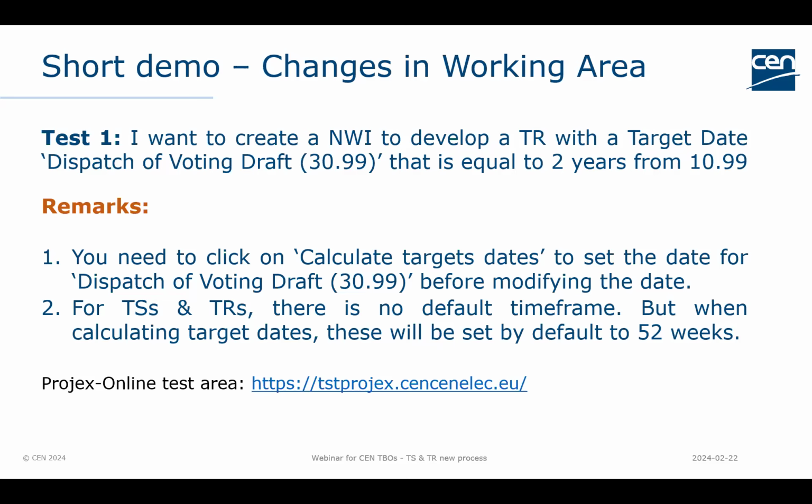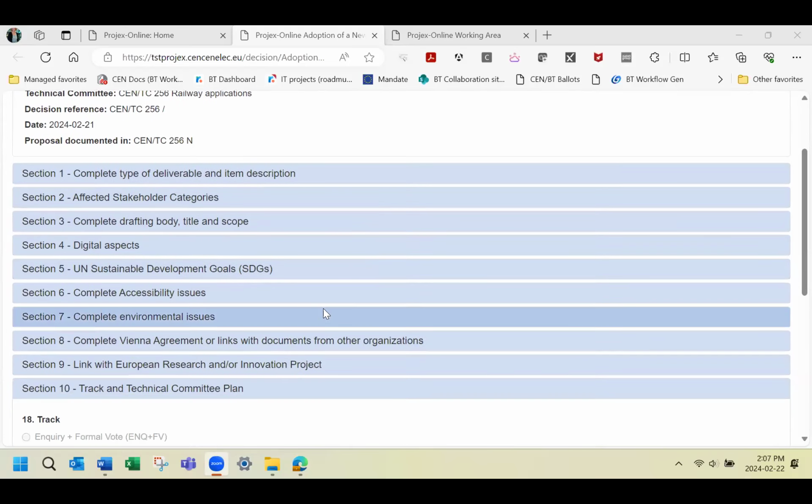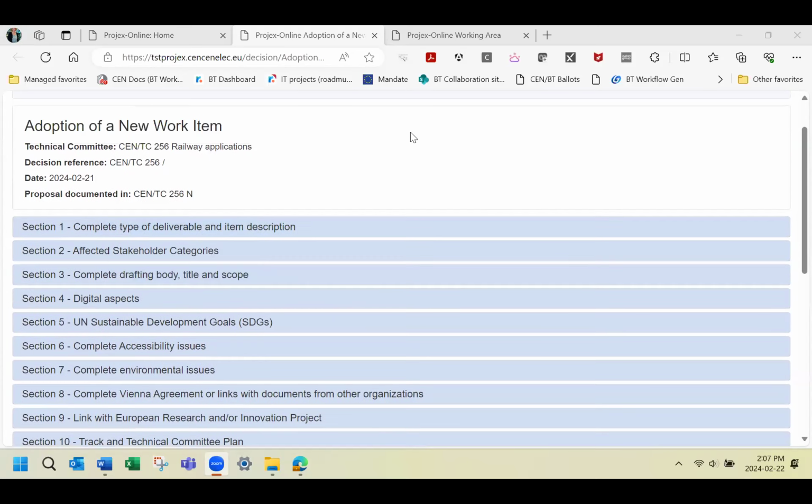So now we will ask Laureen to prepare the screen. We will go on the new CEN Projects Online working area, which I guess that you know very well. And we'll do a demo to see what is the novelty basically when creating a new work item, a draft for the new work item that should then be launched for the approval at SCP.